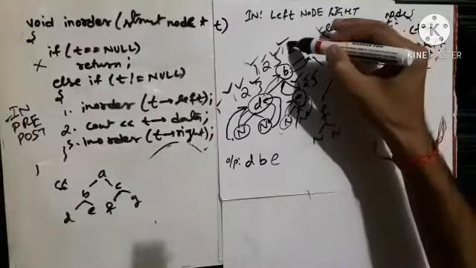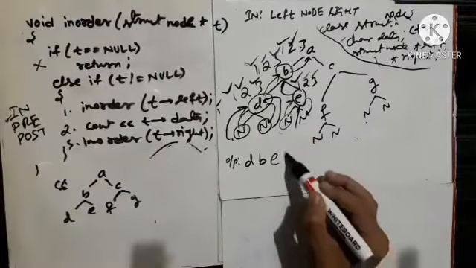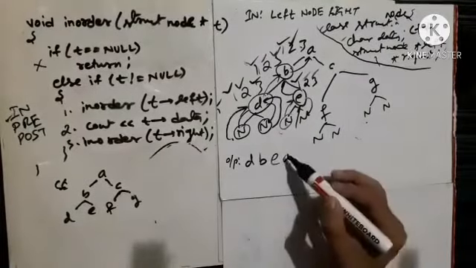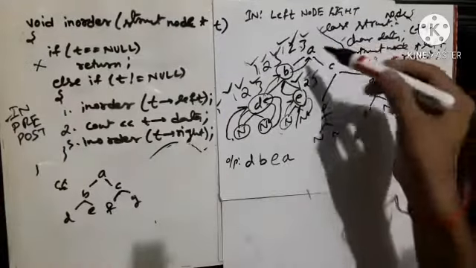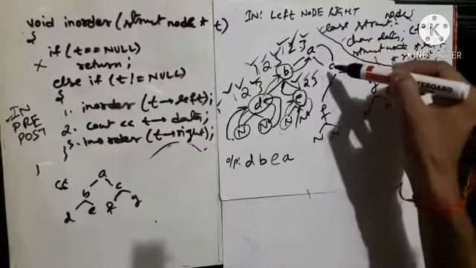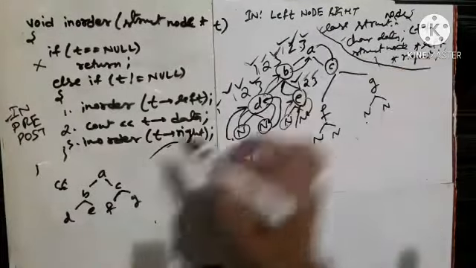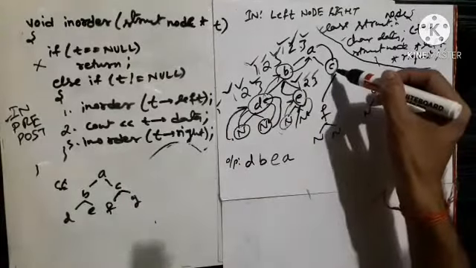Now it will execute this statement which says cout t ka data is a, so it will print a, isn't it? Are you getting my point? Now it will execute 3. As soon as it executes 3, the control goes from a to its right, because in 3 I have to pass the address of the right. Now the control comes back to c.